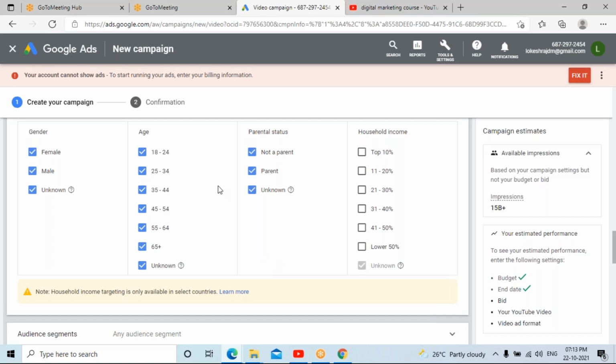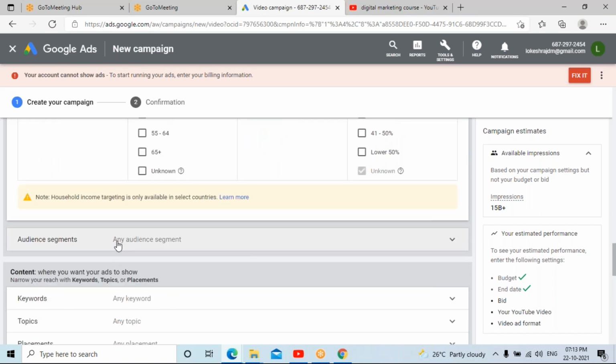Here also you can choose the people who come under my requirements. I don't want to target people who are more than 45 years of age. I want to target the people between this age. Now it could be any person. It's not mandatory that they have to be married or anything for learning these courses.